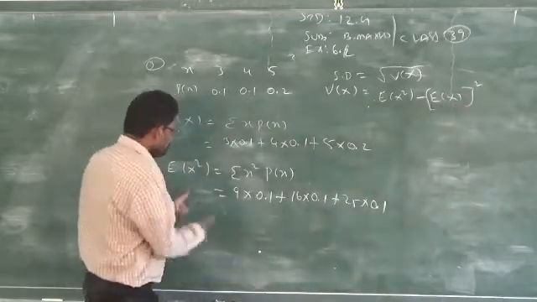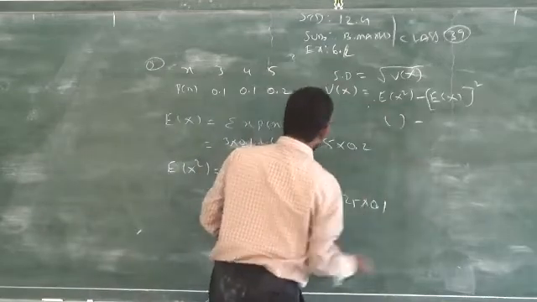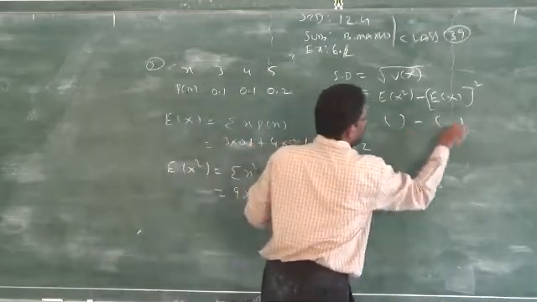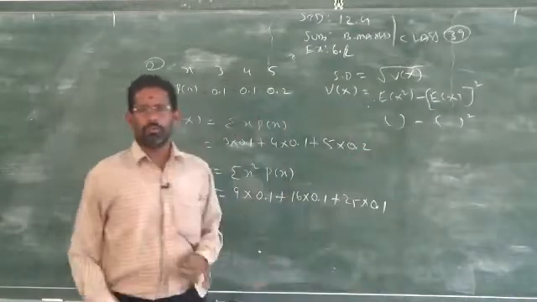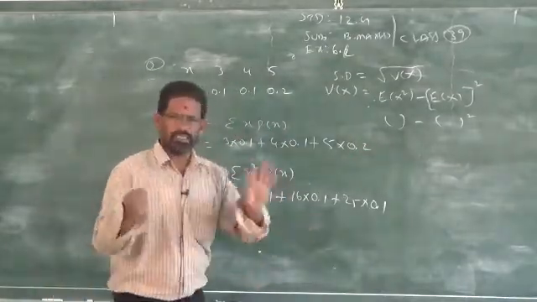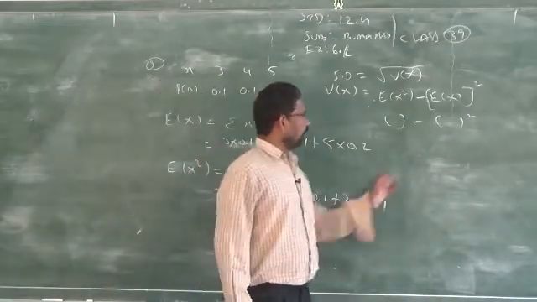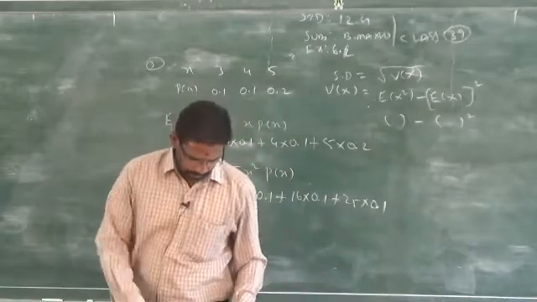So don't confuse E of x square. This answer should be written here minus E of x, then answer the square. Simplify, you will get answer. Clear? So, this you have to do by using the calculator. Very simple. So, when you start to work out the problems, please do it with the calculator and write and simplify, you will get answer.